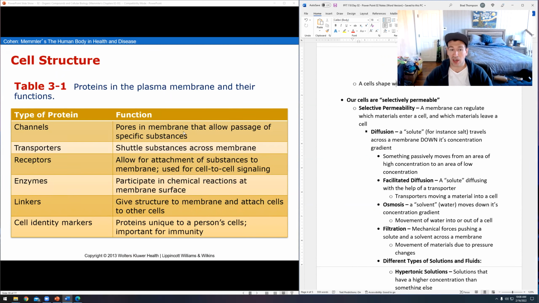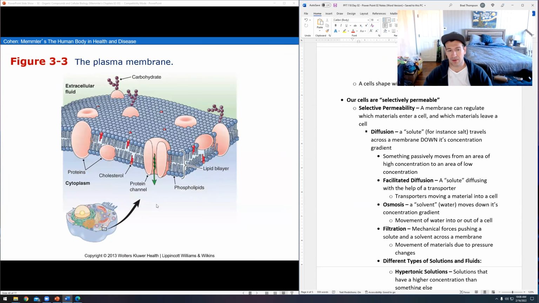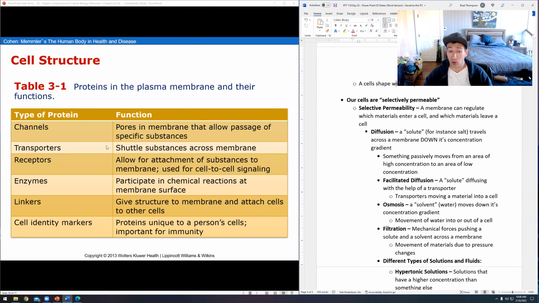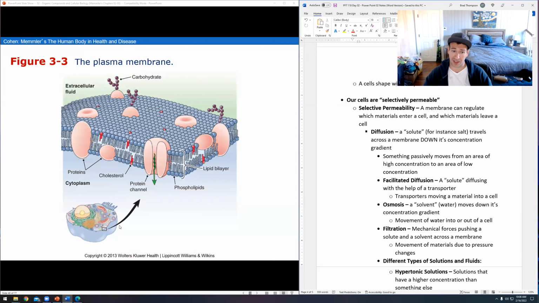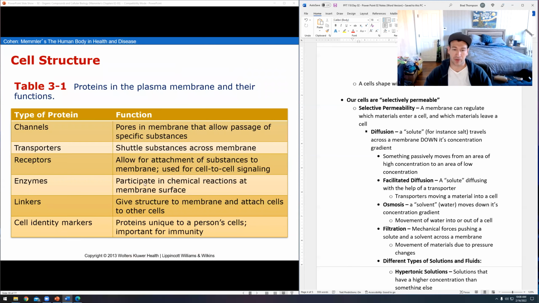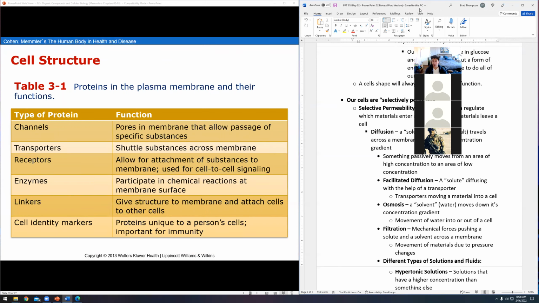So a lot of really cool things that we're going to see on the outside of our cell structure. We're going to see channels, which are little pores that allow things to come in from one side to another. We'll see transporters, which are like little shuttles that wait at the cell membrane, and when it wants to get something in, it'll carry it from one side to the other. We're going to see receptors, which, like I just described, you've got a spitting chemical end and a receiving end. You've got enzymes that are out there waiting around, and whenever a chemical reaction needs to take place, they kick in. Linkers, which attach them.